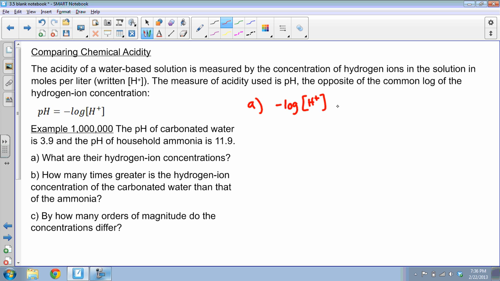Okay, we're going to say that equals, for the first one, 3.9. And then we're going to solve this. I'd move the negative over and get negative 3.9 over here. And then this is log with a base of 10. So 10 to the negative 3.9 is my hydrogen ion concentration, which